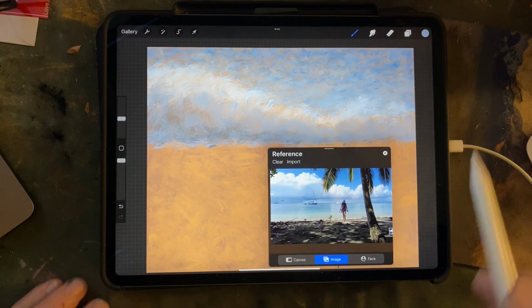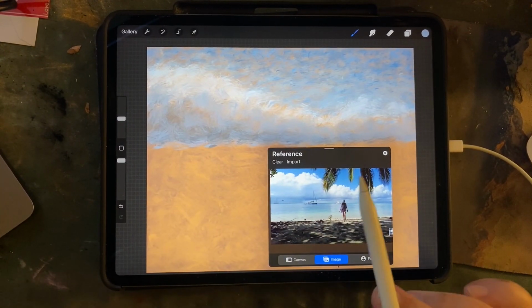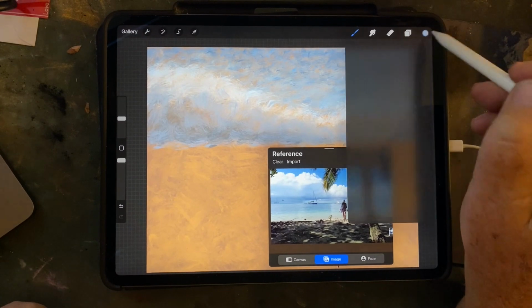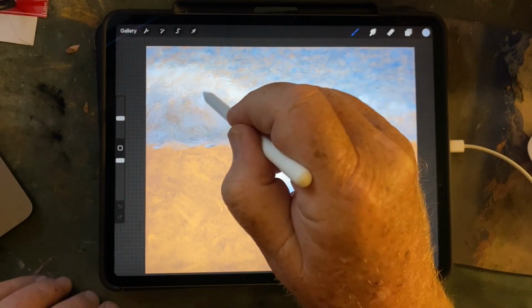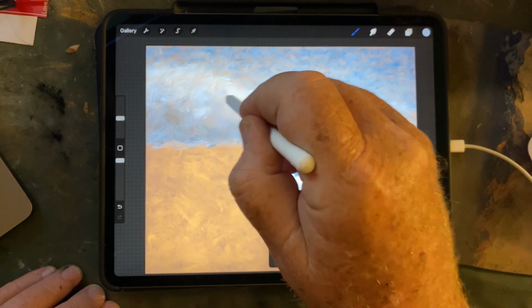But anyway, so can you see now how it's a little bit lighter up there? But it's not bright, and it needs to be bright. So let's just make this a little bit lighter and get some of these areas down here, because the cloud